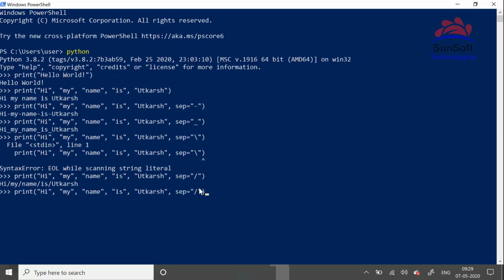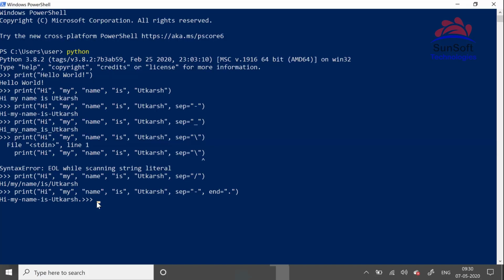Yeah. So now that we've seen separator, let's see the other keyword argument, end. What end does is tell what the string needs to end with. Let's say I want to end it with a full stop. So I'll just put a dot here. Now notice another thing: every time I was printing this, everything was getting printed and my REPL was coming on the next line. So what was happening is that by default, end was a new line.